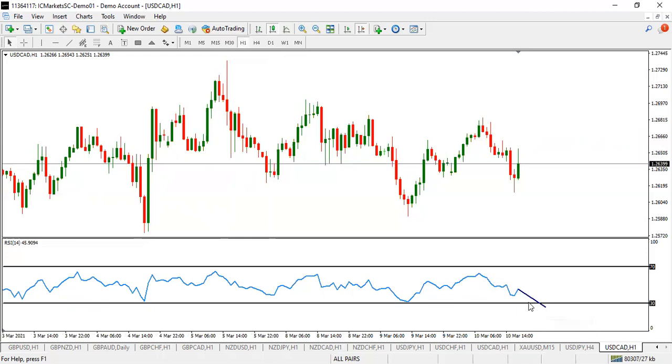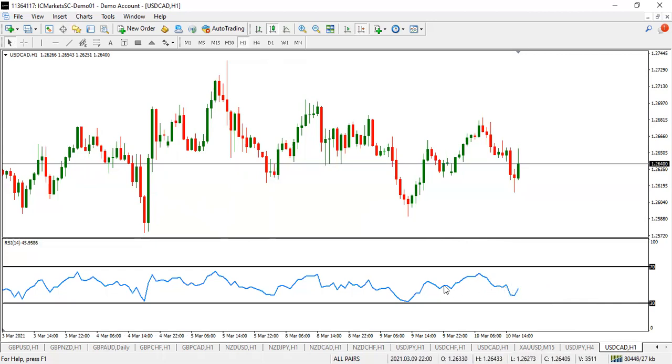And whenever you see any currency pair with RSI go oversold, just the same way as with overbought, price is going to rise up any moment from that time. So for you to consider using RSI, you want to see price go below the 30 or above the 70 line. This is the default use of